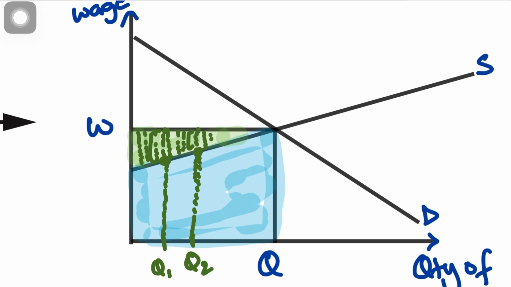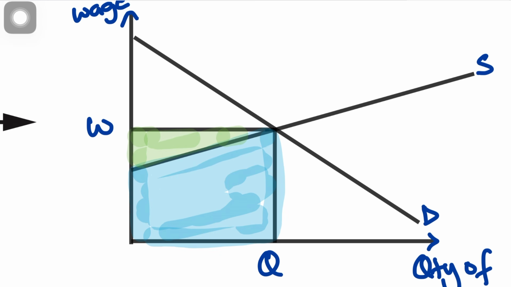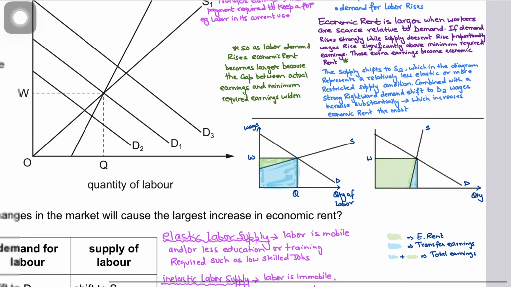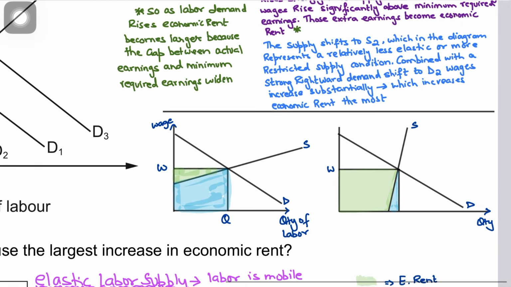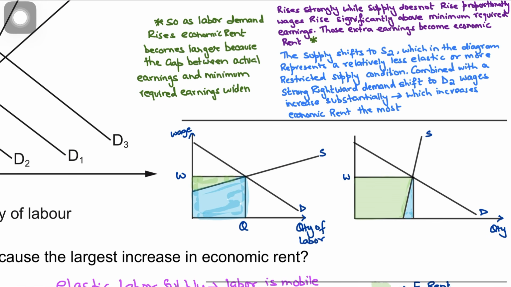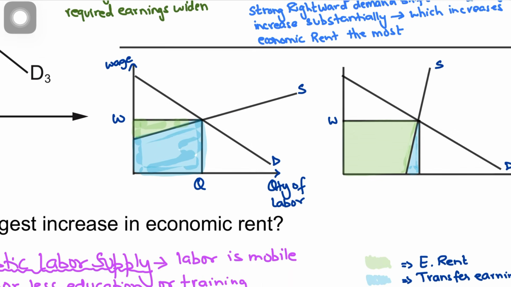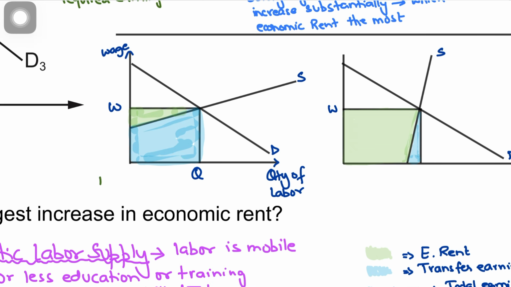But the point that I'm trying to make here, which is very important for MCQs, is that if the supply curve is elastic, the size of the economic rent would be smaller as compared to the size of the economic rent when the supply curve is inelastic. And I'll come to the explanation as well. But if you look at the case where the supply curve is elastic, your transfer earnings are high,